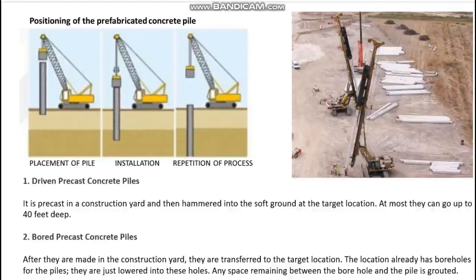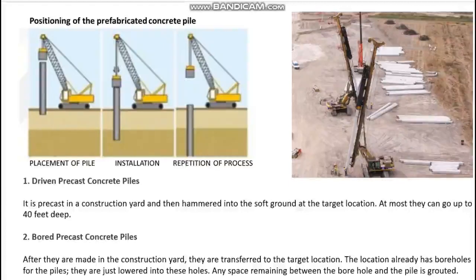the pile needs to reach till the hardest strata. Okay, so once the placement of pile is done, it is then taken to the bottom part where the hardest strata is reached. So there again the same repetition process happens. If the length of the pile is less, then another pile is bought and placed on top of the previous pile and they are anchored together. Okay, if you try to understand the scale of a pile, you see a human being standing here, and this machine is trying to allow that positioning of the pile to be placed in its provided or designed position.